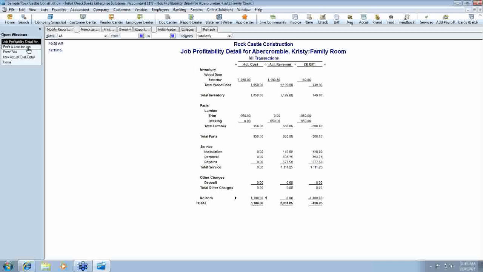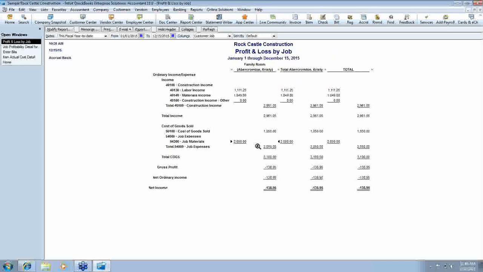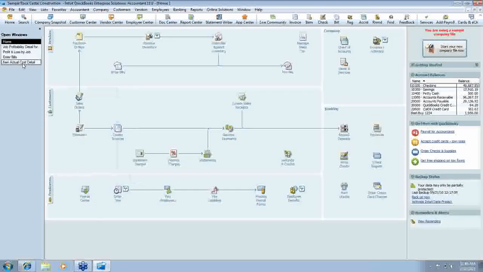So the dollars go to the right place, but it doesn't show up quite the way I want it to. My profit and loss would be fine. My job profitability has no item. So not a lot to talk about with this except that, okay, let's go in and